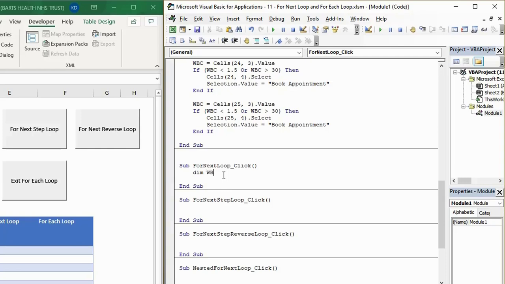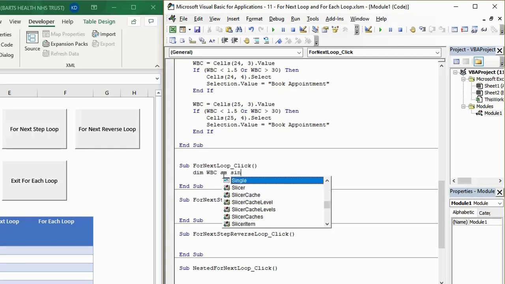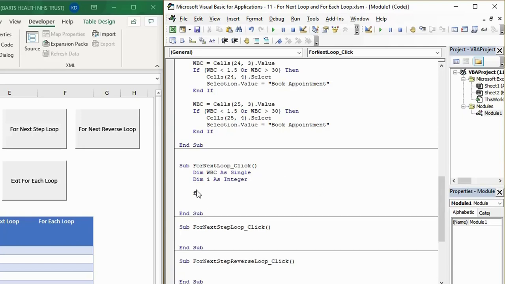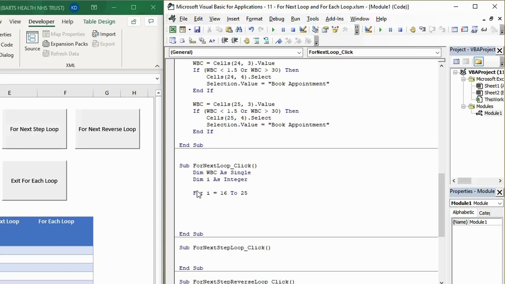First, we'll declare a variable to hold our white blood cell count. And then we'll declare a variable as a counter within our loop. We write a for loop like this. For our counter variable equal to the start to the end of our range, we want to run a block of code, and then at the end of each block of code, we want to go to the next value